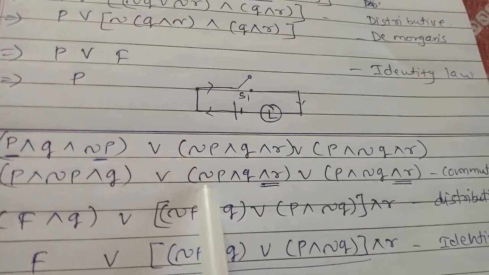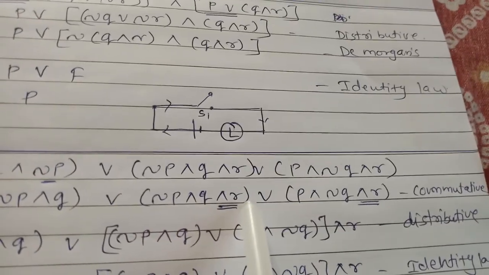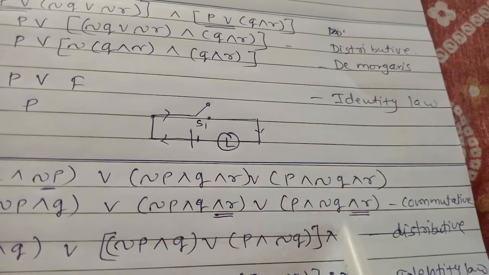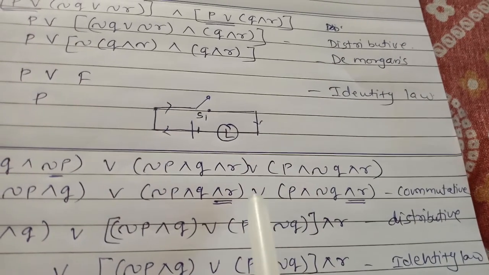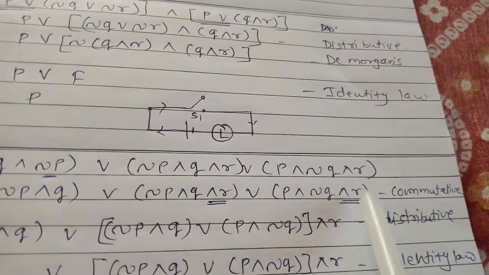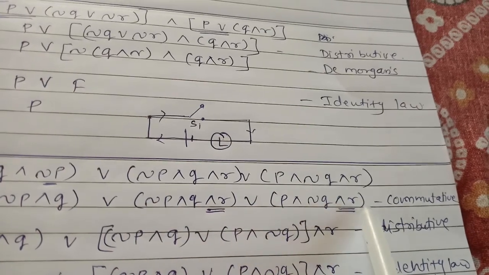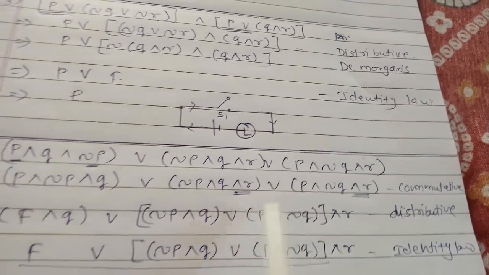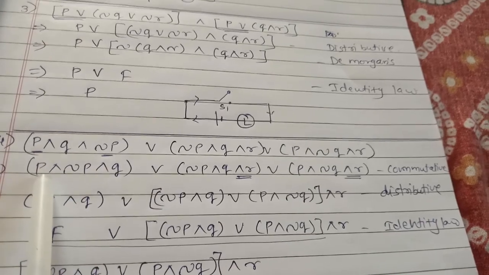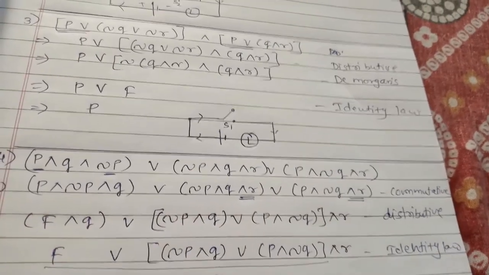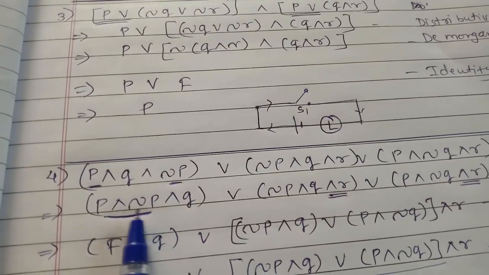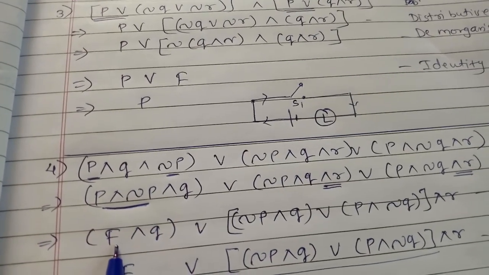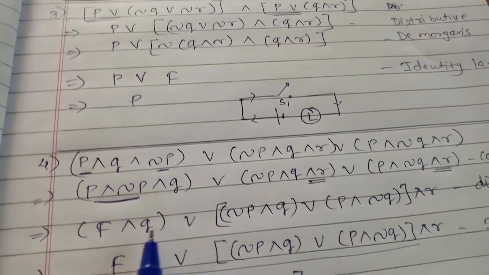After that negation P, we write all these two brackets as it is, and here we use the commutative law. So I write here that is commutative law. After that see, again in these two brackets conjunction R is common. Now see, what is the result of this one? That is P conjunction negation P. The result of this, I am going to underline this one, that is P conjunction negation P. The answer of this one is F. And now this conjunction Q is as it is.